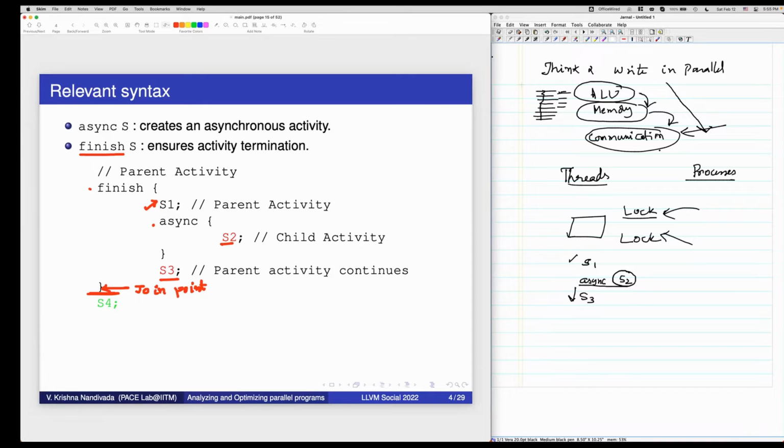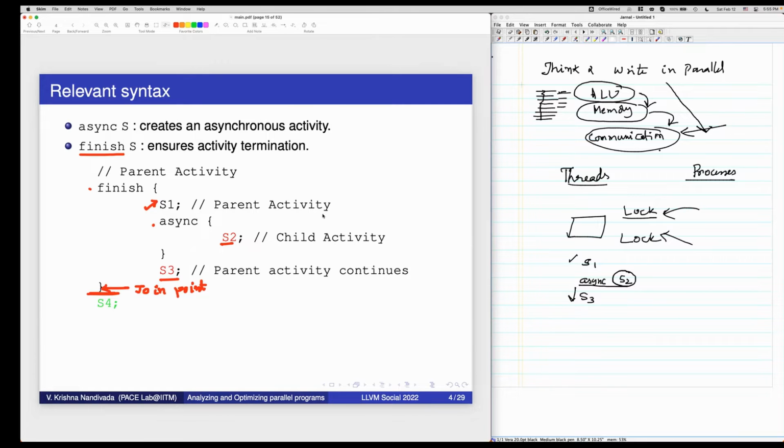So I have a question. When you say async a statement, is there a distinction between if it is run concurrently versus in parallel? Because if you run concurrently, it doesn't have to run in a multi-core system. It depends on the scheduler, right? But in parallel, it should run in parallel.